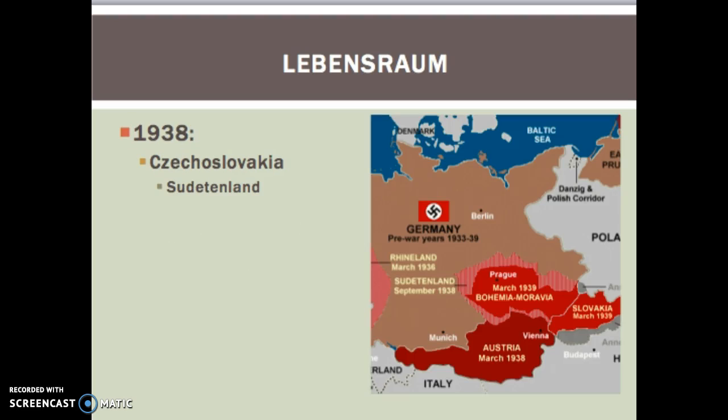Now, the process by which Hitler went about finding Lebensraum for Germany was a quick one to some extent. His first target was Czechoslovakia. Czechoslovakia was a new nation that had been created after World War I, out of territory formerly controlled by Austria-Hungary. Within the borders of Czechoslovakia, there lived thousands of ethnic Germans. Most of these Germans were concentrated in territories near the German border. This area was known as the Sudetenland, and Hitler demanded that Czechoslovakia turn over this territory to Germany. The Sudetenland is located right about here. It's this sort of striped region along the borders of Germany.